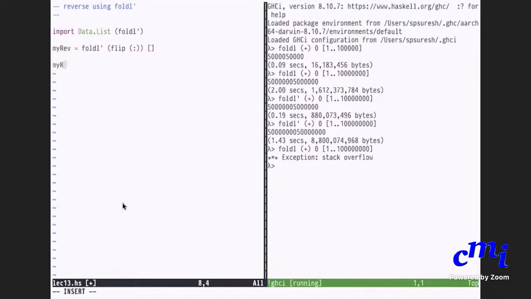Yes, so let's work through this. My reverse of the empty list will be what? foldl' of, so instead of calling it flip colon, I'll call it G, just to save space.